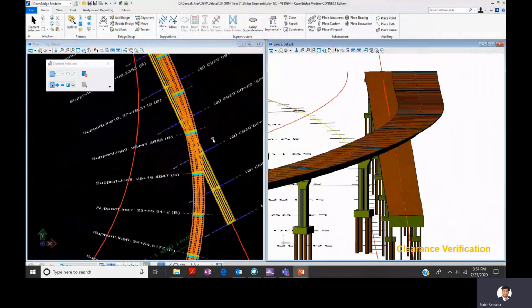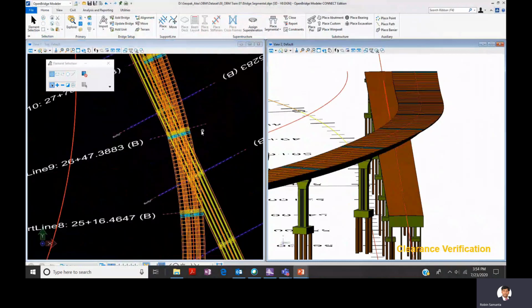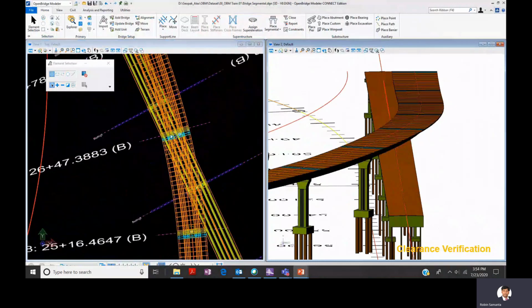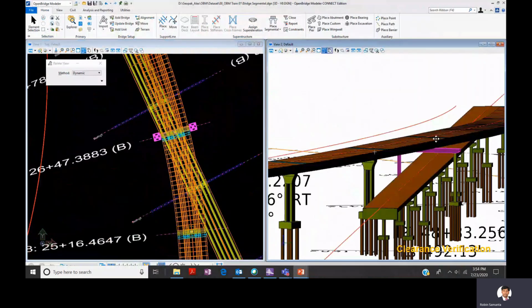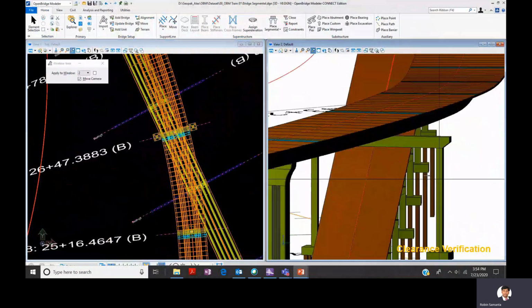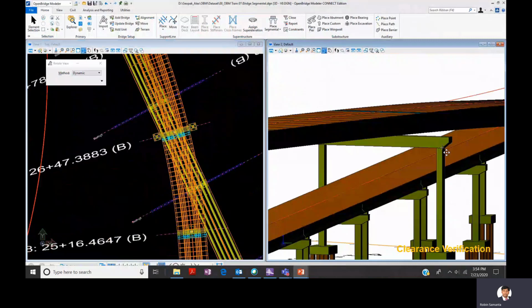And also there is a clash detection tool by which you can quickly and automatically check the horizontal and vertical clearance requirement. Remember, if there is a complex interchange and you need to check the horizontal and vertical clearance at every point manually, it takes a lot of time, right?